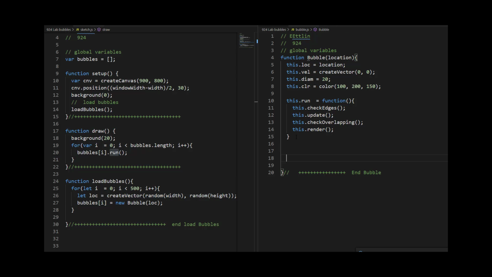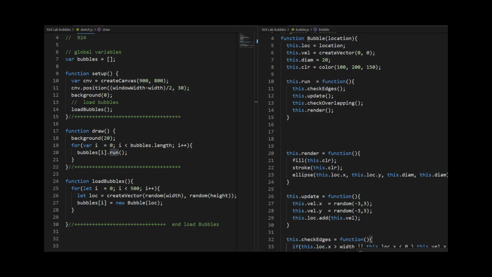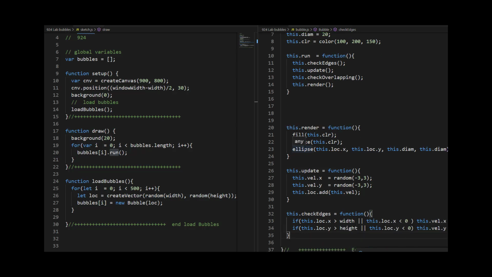Okay, let's add a couple more functions. And I'll build one of these functions that you haven't seen before. I'll build it a little bit more slowly. Now, 3 of these functions you've seen before, and so I'm going to put these in just like this. Render, you guys have seen this. I'm just going ahead and saying render. I'm rendering an ellipse. It's at this dot loc dot x and this dot loc dot y, and whatever the diameter is here. So I've got an x location, a y location, and the diameter is the same, so it'll be a circle. And then